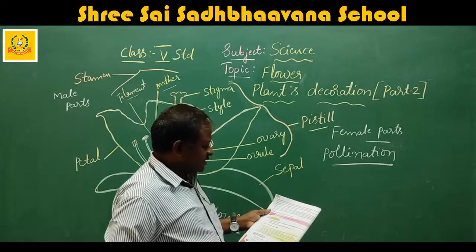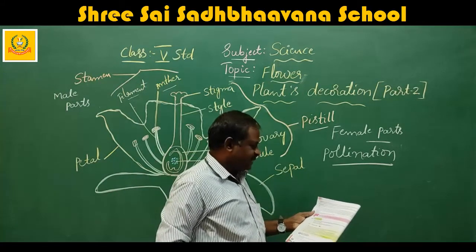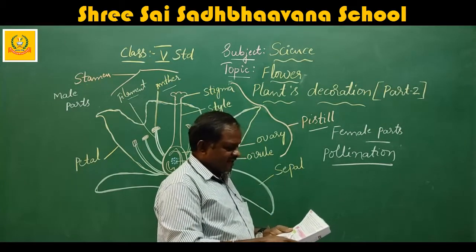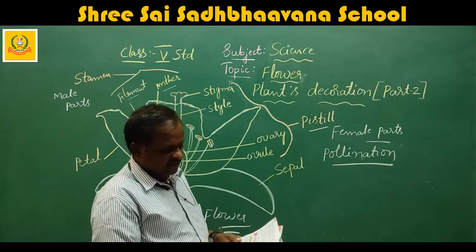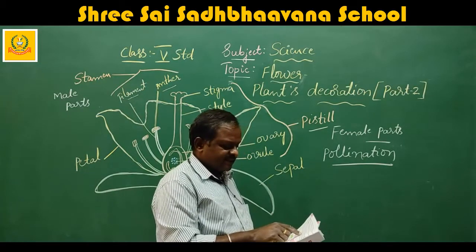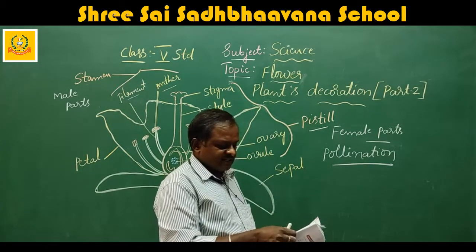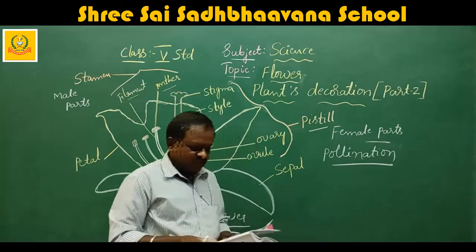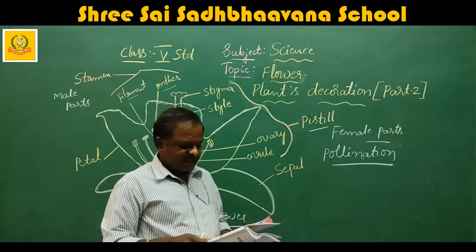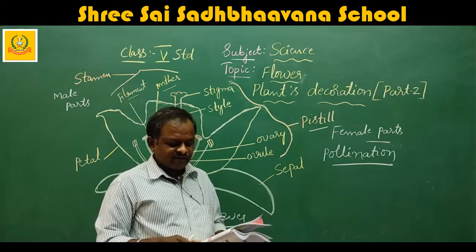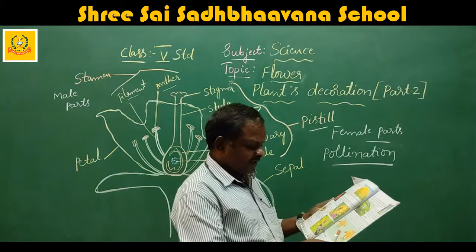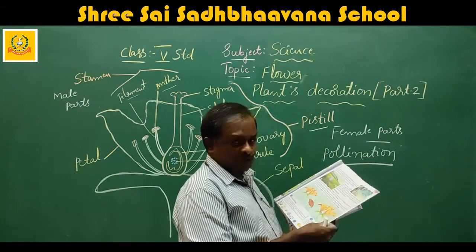When pollinators go in to suck up the nectar, they brush against one another and get pollen on their bodies. When they land on a flower, the pollen is rubbed off their body onto the pistil. If the pollen ends up near the opening at the top of the pistil, the pollen makes its way down the pistil to the egg. When the egg and pollen meet, a seed is formed. A seed has everything it needs to form a new plant. Here I have explained what pollinators are and what pollination is.